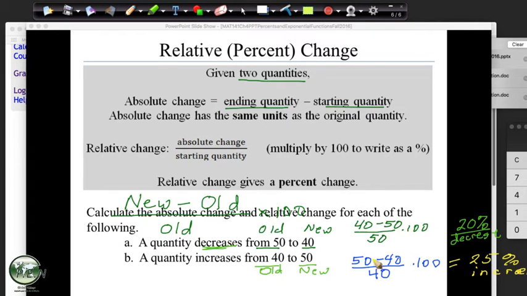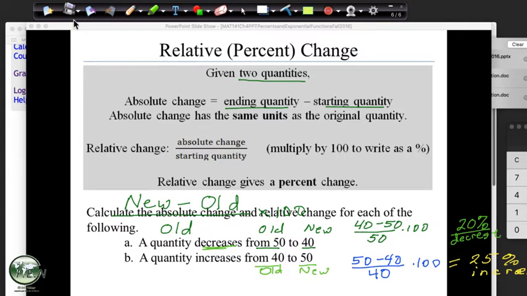But again, just a simple formula, new minus the old divided by the old. Say it enough times and you'll carry this with you. And these are the types of things we use again and again. When we get to chapter 5, we're going to talk about something called total return. This formula will come back to us, so we'll use it again in chapter 5. And with financial things, they do talk about total return. That's all it is.